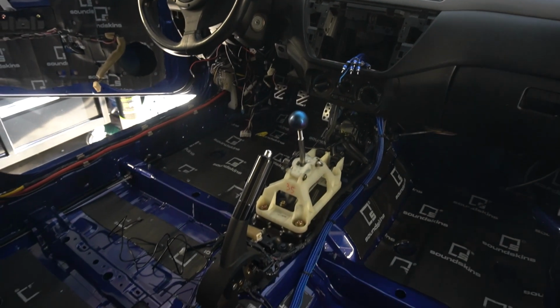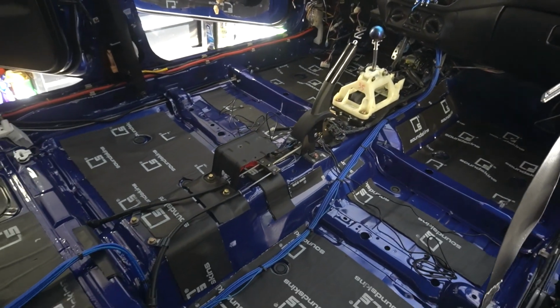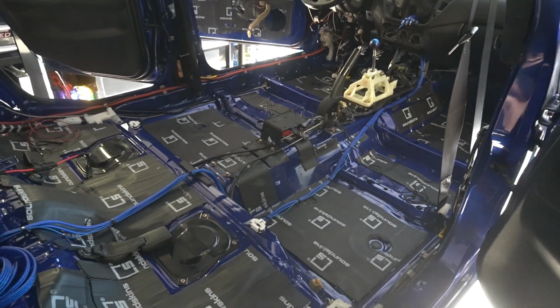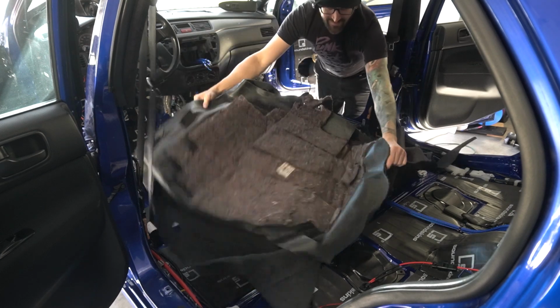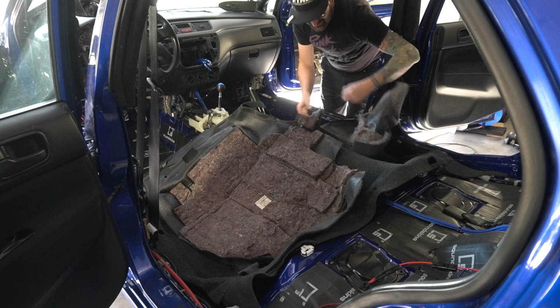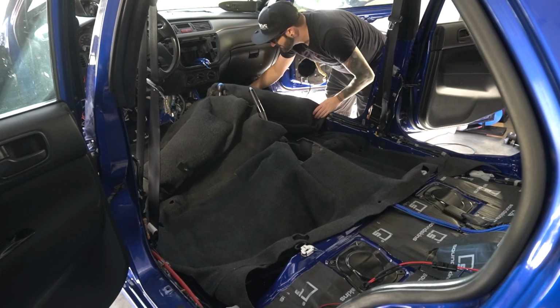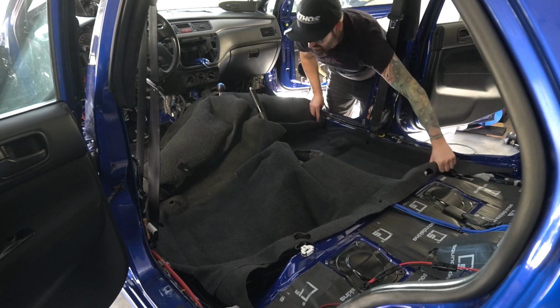We're going to take one last look at this beautifully refreshed interior until we put the carpet back in here for, at least a month or so till I take it out again. You remember in here, don't you? Yeah. It's been a little while, but you remember. Now we just got to do a little bit of shaping. It's been folded up for about 2 years, so it's going to need some finagling and adjusting,